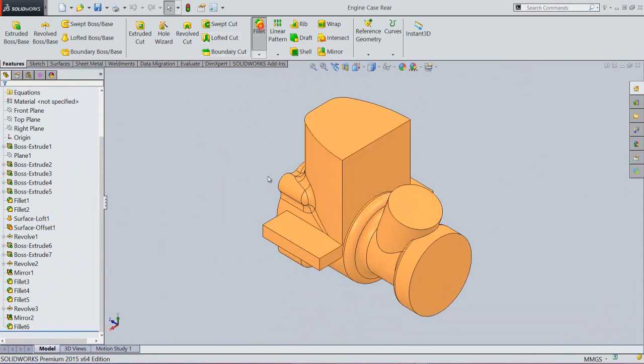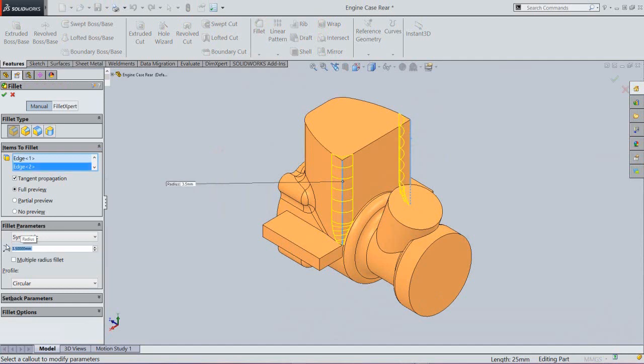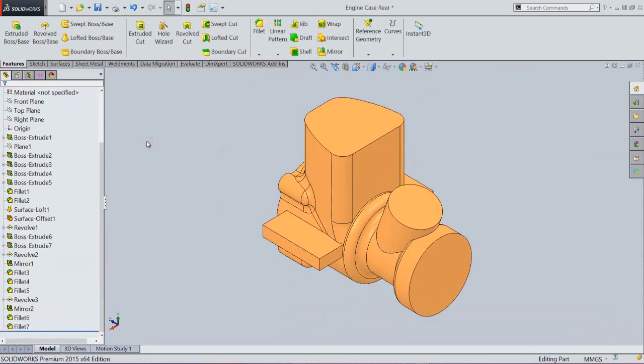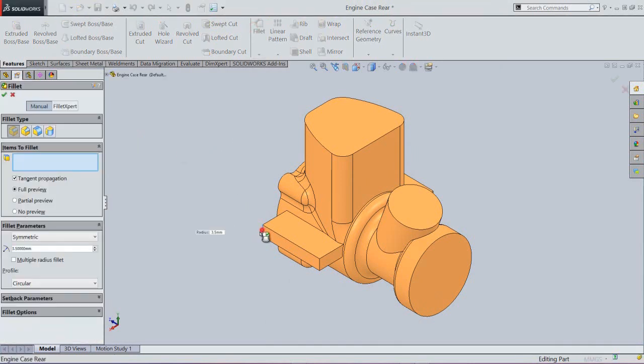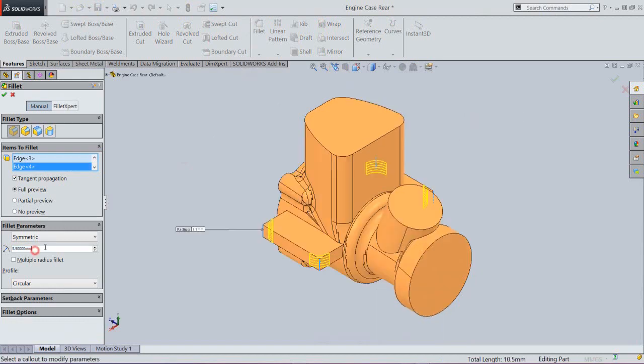Now we will apply another fillets on these two edges. And these four corner edges. Okay, this fillet radius will keep 2 mm.